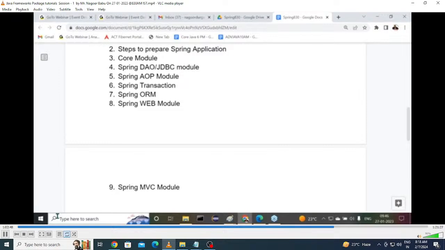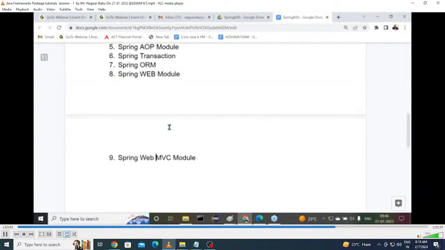Instead of doing that work, the Spring framework itself has its own framework on the base of MVC. That framework is Spring Web MVC. In the same way that Struts is available outside to prepare web applications, Spring has its own MVC framework to prepare web applications in a simplified manner, so that we can prepare them directly without integrating other technology products into our Spring framework. Directly we can prepare MVC based web applications by using the Spring provided MVC framework.